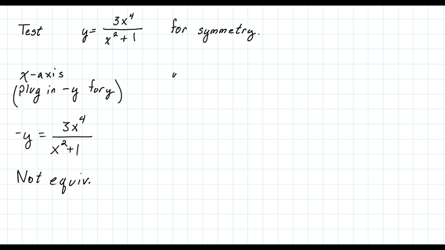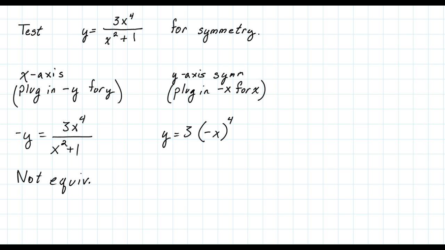If we check for y-axis symmetry, we're going to do the same thing. We're going to plug in negative x for x. And we end up with y equals 3 times (negative x) to the fourth, remember your parentheses there, over (negative x) squared plus 1. And now this is going to simplify to 3 times